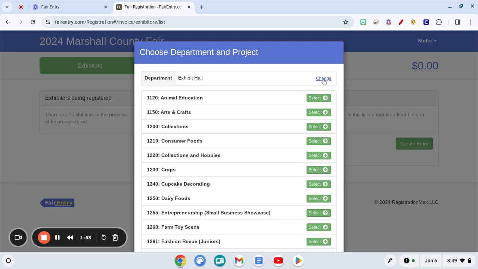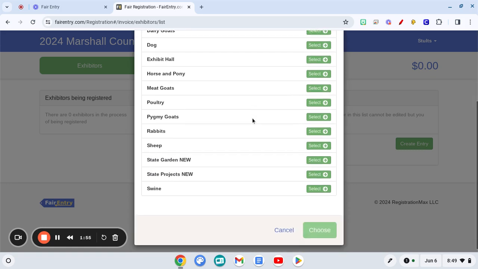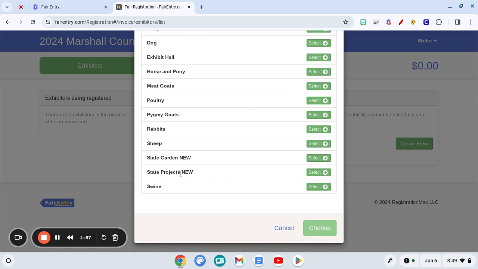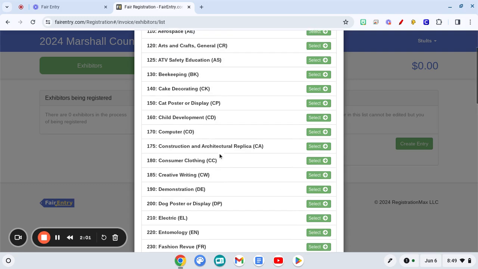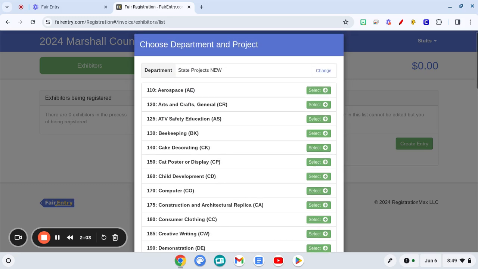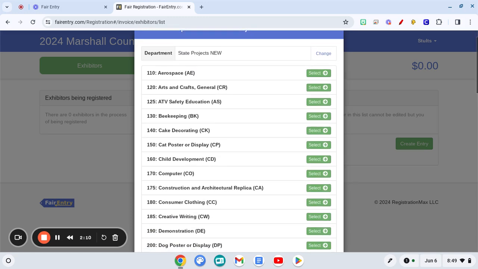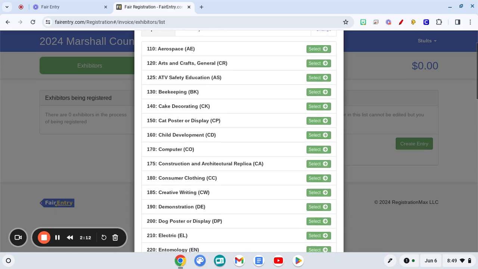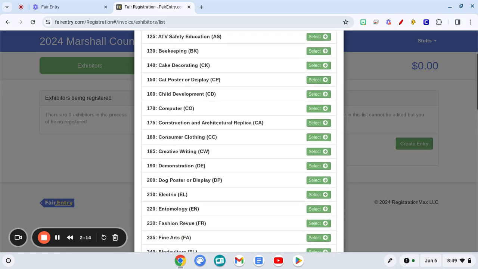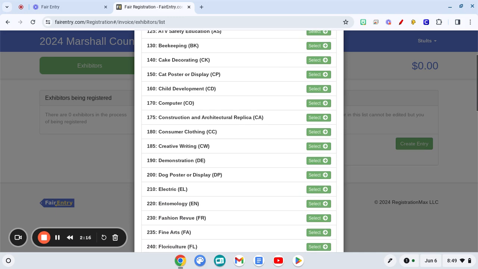So you can go back and hit change. And you can scroll down to where it says State Projects New. You hit select, and then these are the projects that are listed under that. Aerospace, arts and crafts, ATV safety education, beekeeping, cake decorating, cat poster display, child development, computer, construction and architectural replica,